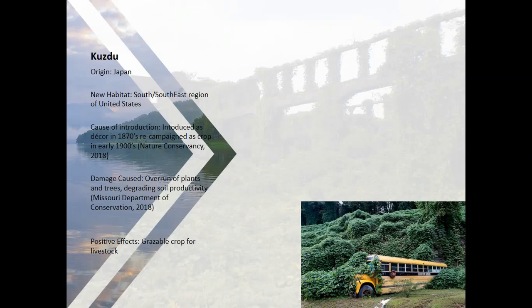The plant climbs trees, and like other invasive species, outcompetes for resources. This causes loss of plant biodiversity in the region. Furthermore, soil productivity is degraded, leading again to less biodiversity, which other species rely on for food. Kudzu also causes damage to power lines, $1.5 million in damages per year, and forested lands, $500 million per year, and railroads. Finally, there's the damage to the soybean industry, as it is a carrier of the devastating disease soybean rust.